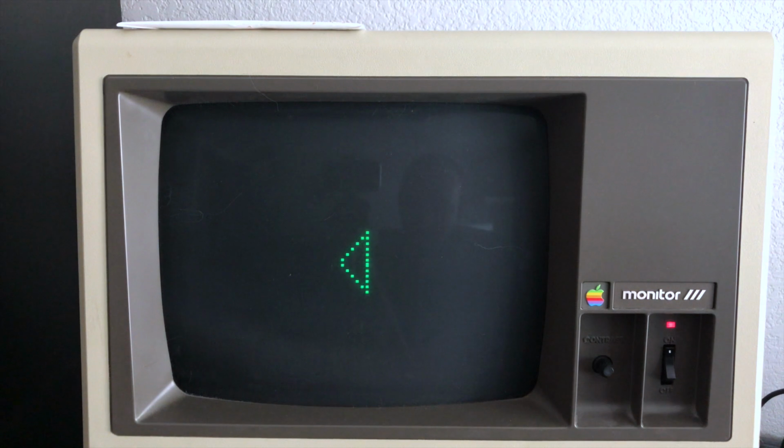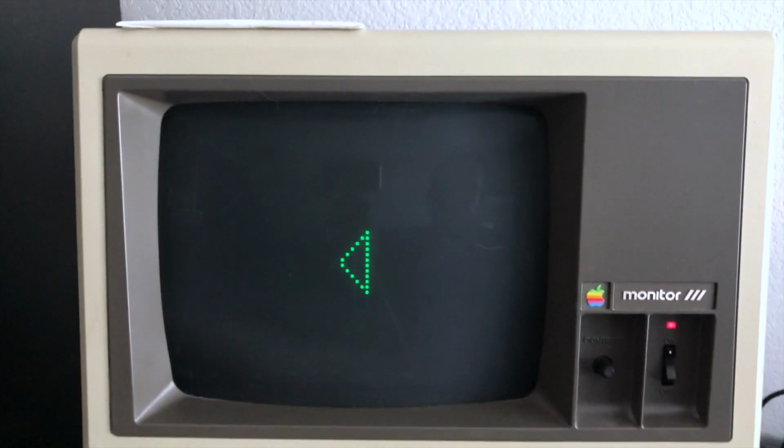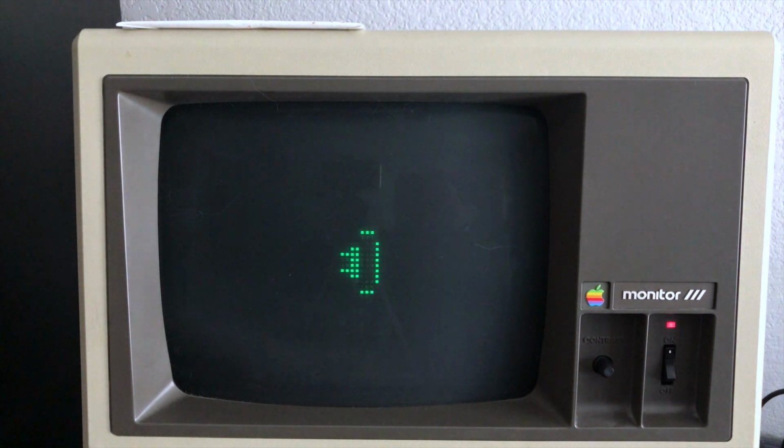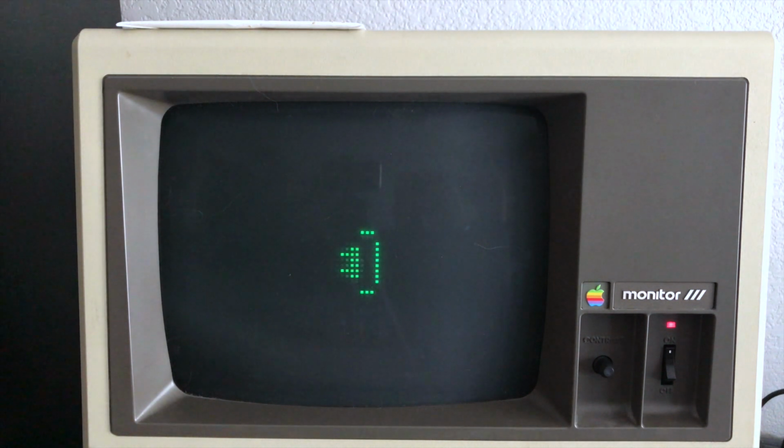So, what did we learn so far? The Apple III was introduced in 1980. So again, happy 40th birthday Apple III. The Apple III was intended to be the successor of the Apple II. Back then,